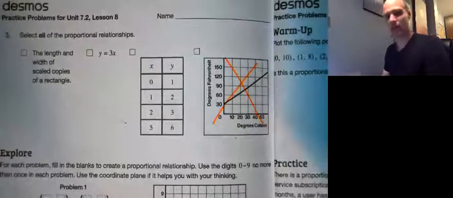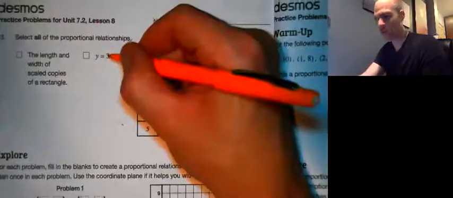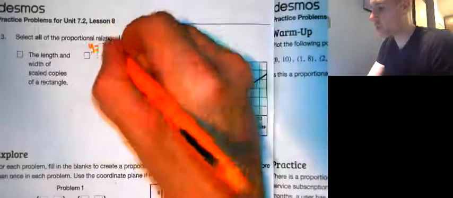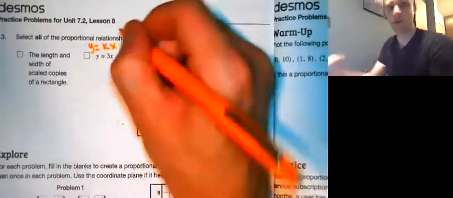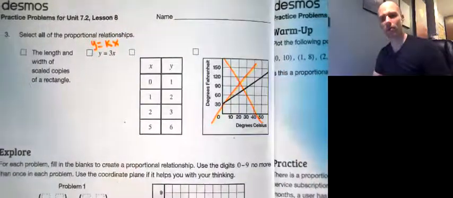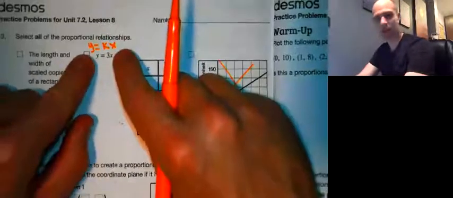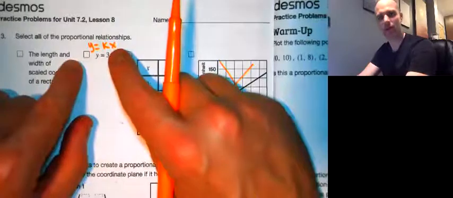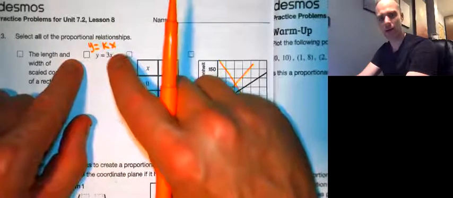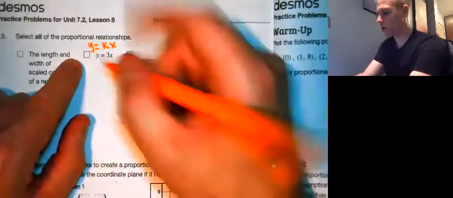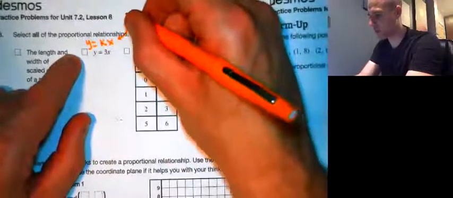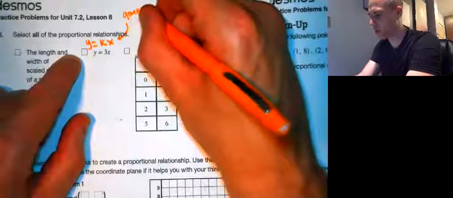All right, the next easiest one to see, in my opinion, is this equation. This equation is of the form y equals kx. What do I mean by it is of the form? I just mean that it looks like this, right? It looks like y equals kx, except where there's a k, there's a 3. Well, all proportional relationships are supposed to essentially look like this. We call this the general form